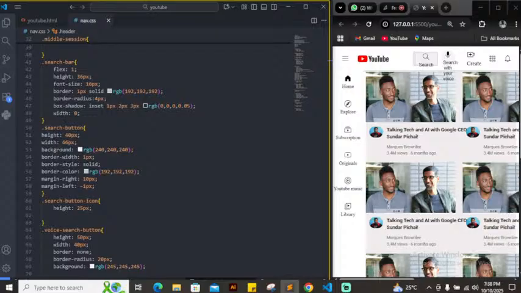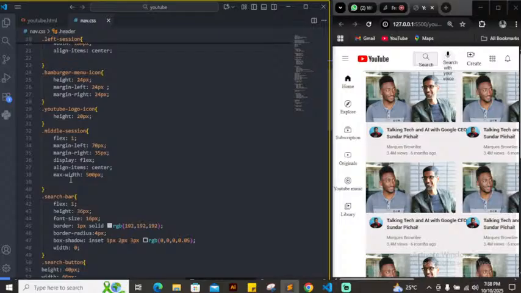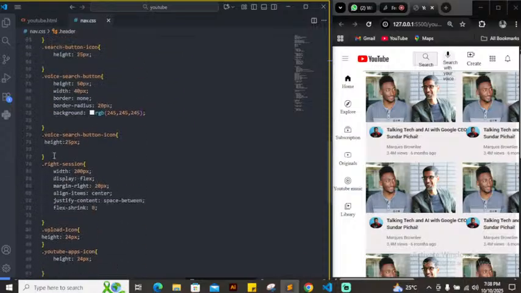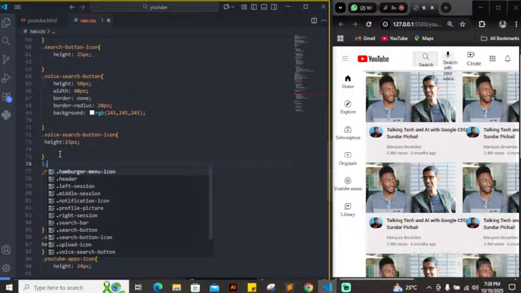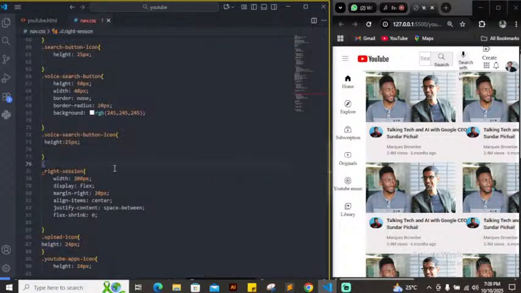But first thing first, I would like to put this class below where I have my middle.css. Yeah, let me put it here. So the first thing I'm going to call first is this class is search button, right? Why this one is called voice search what button? I'm going to call that. So I'm going to call search